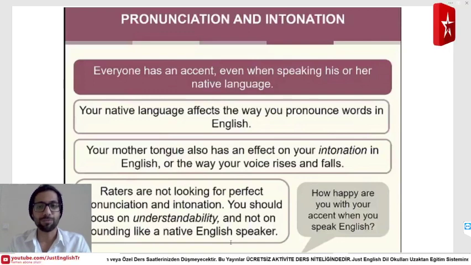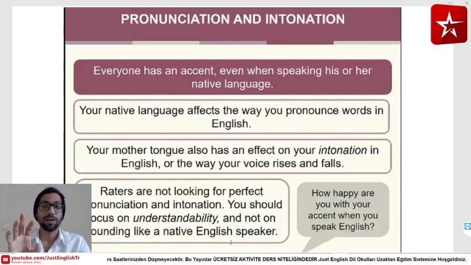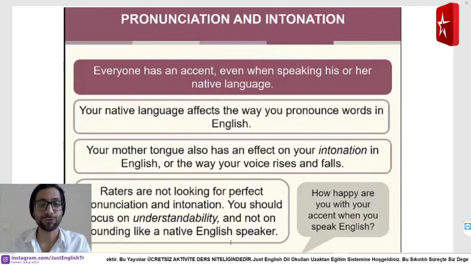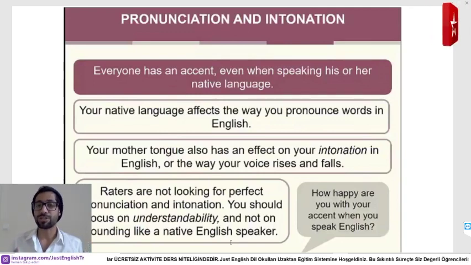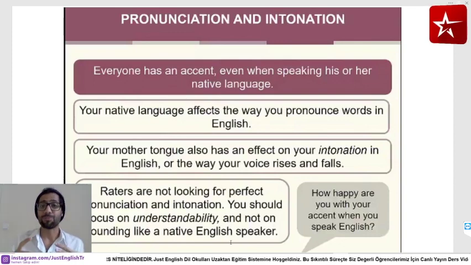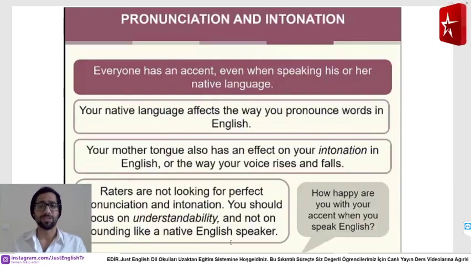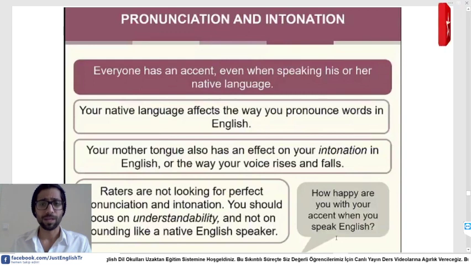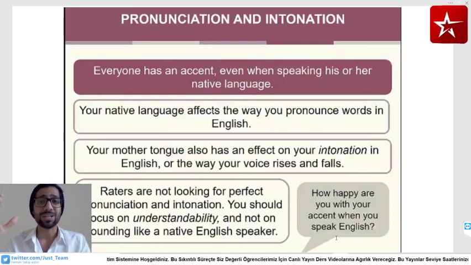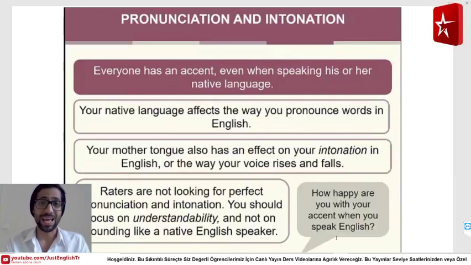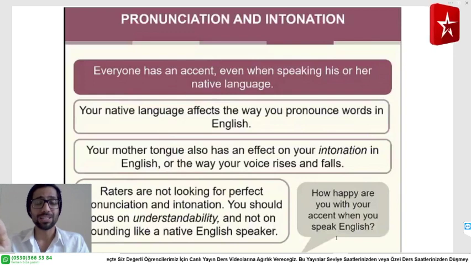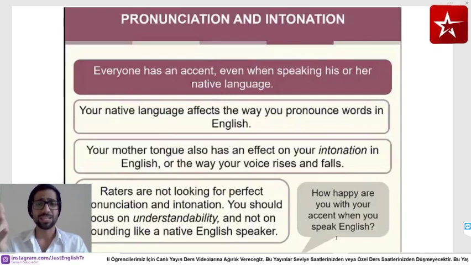So the accent is not important, even when speaking one's native language. Everyone has an accent. So don't stress about an accent as much as you stress about the words that should be stressed, and the vocabulary and the pronunciation of the word. Don't worry about the accent. Now, because you're Turkish and I have a different nationality, each person from each country has their own vocabulary and their own pronunciation. So you need to figure out what letters can make you make mistakes.